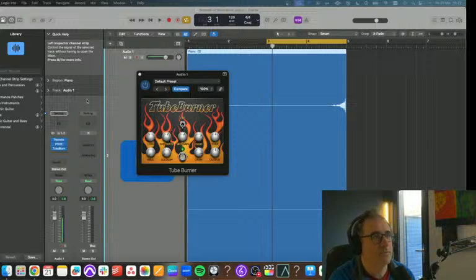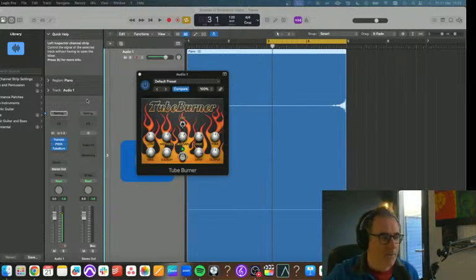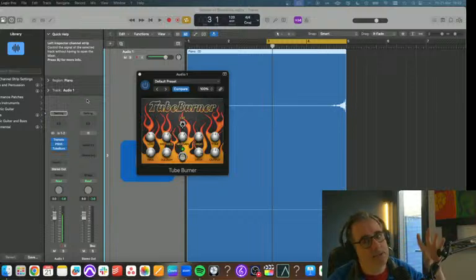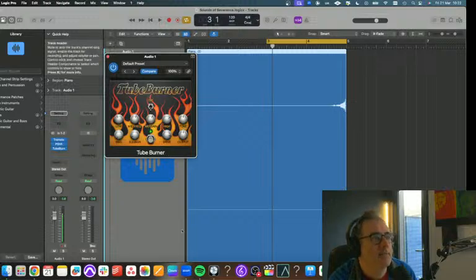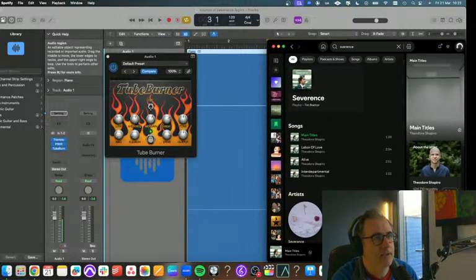If you've just joined us, we're using some of the sounds from the main theme of Severance to create some sounds of our own and put them into a composition, or put them into some textures or things that you can use in your own compositions. I'm using Logic. I'm currently hunting a similar sound to the very final sound in the main theme, which is this very fast feedback sound.